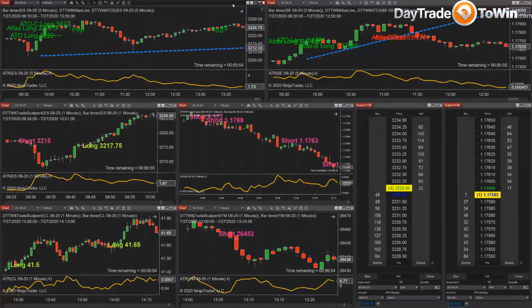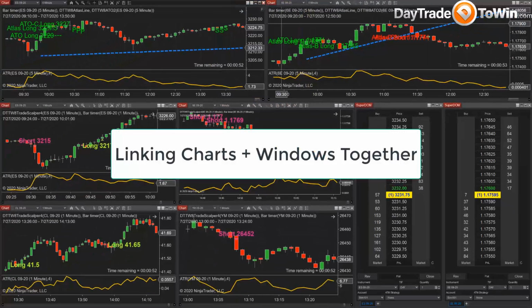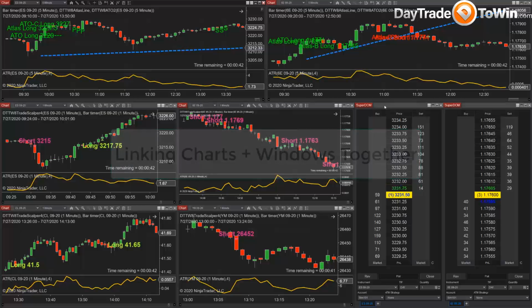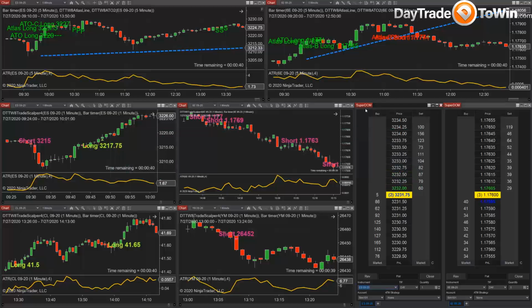Well, it turns out those color settings let you link together charts and other types of windows, such as Superdome windows, together so that you establish a relationship, and when you change a setting on a chart, for example, you'll also have a setting changed on the dome or whatever other type of window you have open. We're going to get into how that all works shortly, but first it's important that you understand how my charts